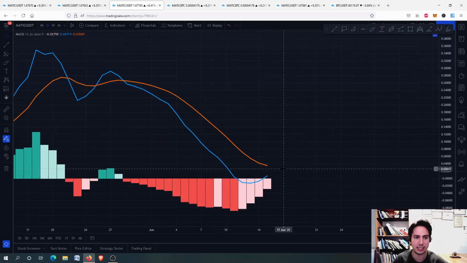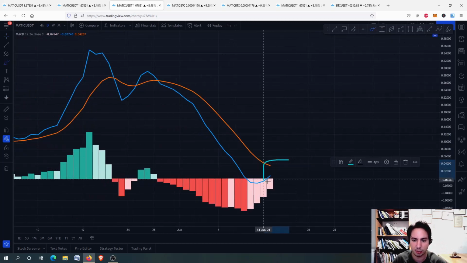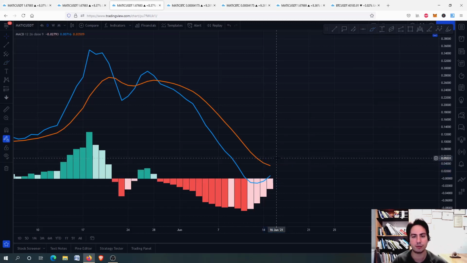What we want to see eventually is this bullish recross. Guys, I think this is one of the most important factors for the daily frame for now for Polygon. We need to see the bullish recross for the MACD. Once we see this and the further, of course, distance between the blue line and the signal line, the orange line, then we are absolutely fine. But for now, let's remain a bit, let's calm down a bit and see the future.